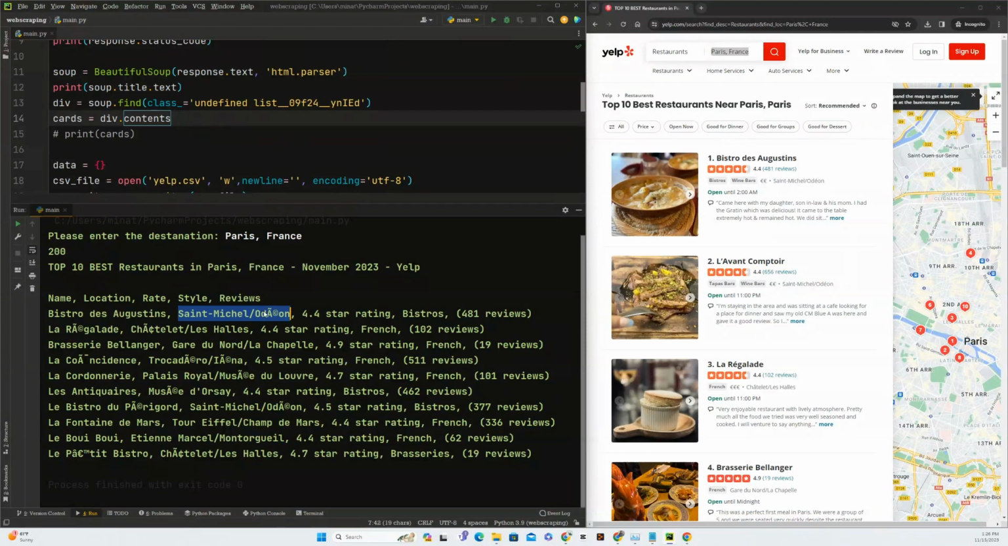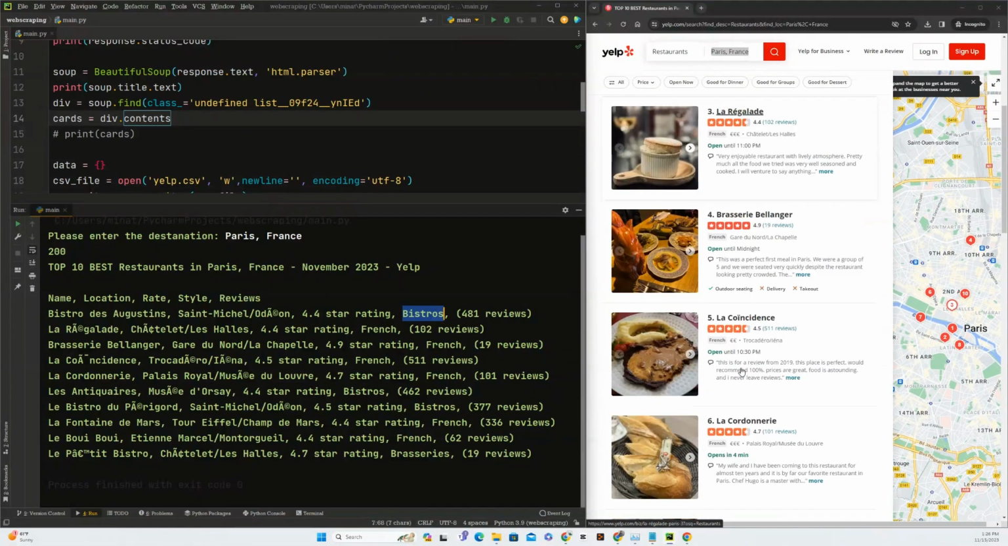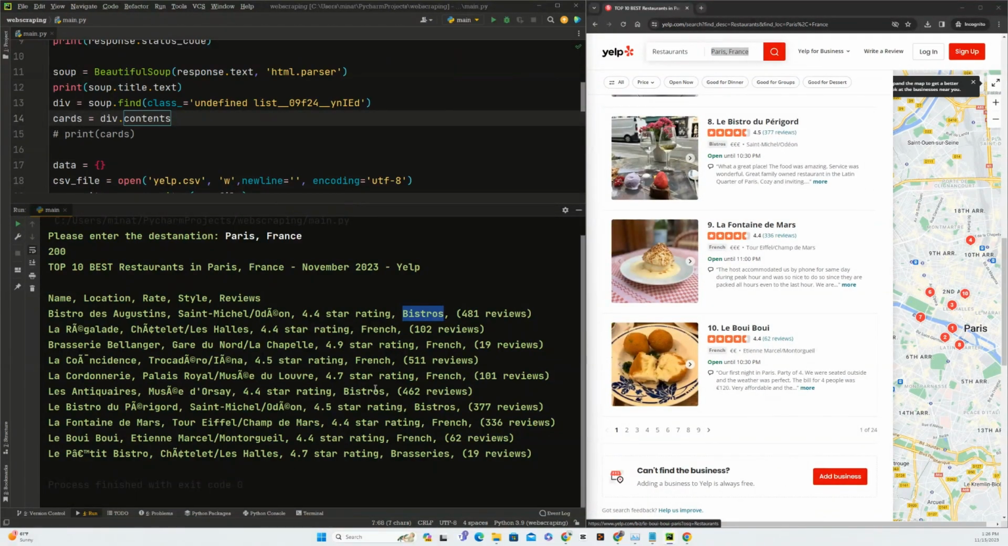Saint Michel, and as you can see, some of the punctuation, or the accents, won't appear the best in our CSV, so it requires a specific encoding. I'm not going to go deep into that because we want to focus on the web scraping here, but later on we can have another tutorial about CSV and types of encoding. And here it's giving me its style, bistro, and 481 reviews, and I also have the last one,